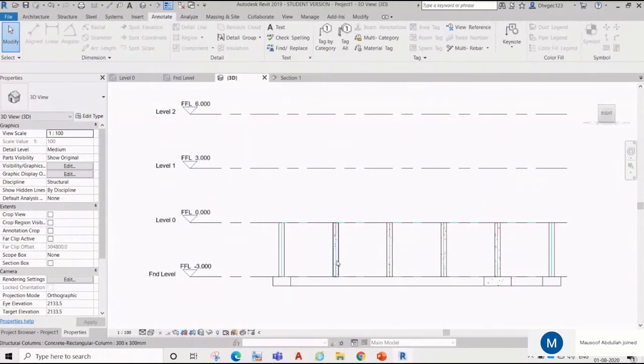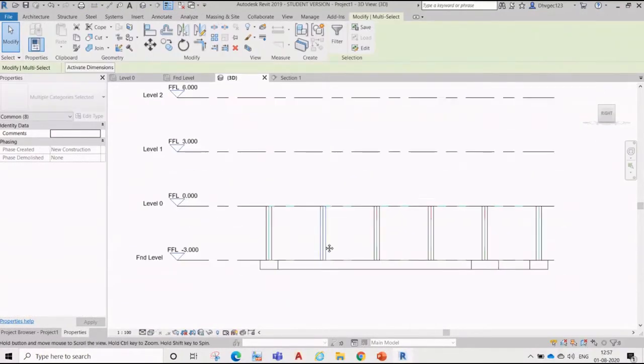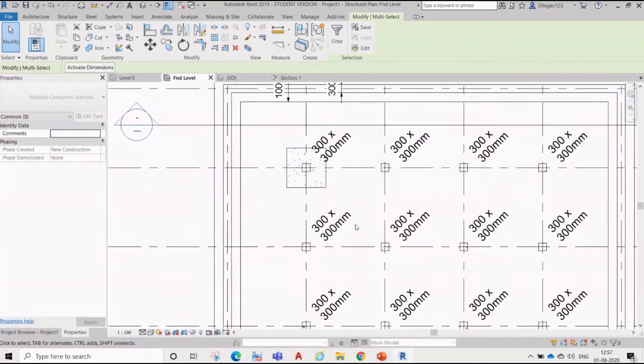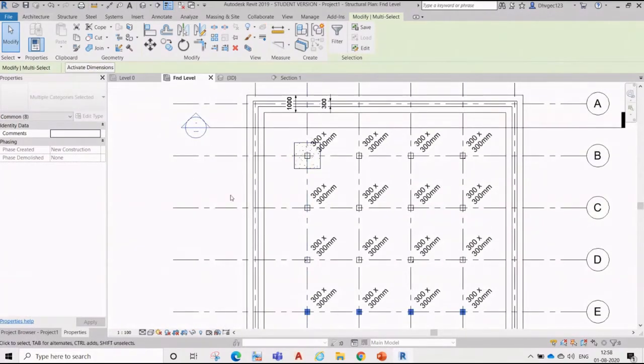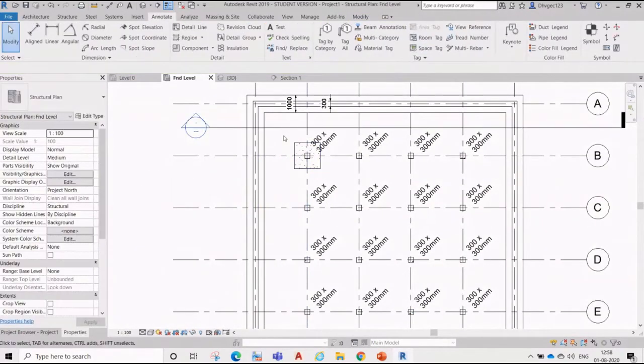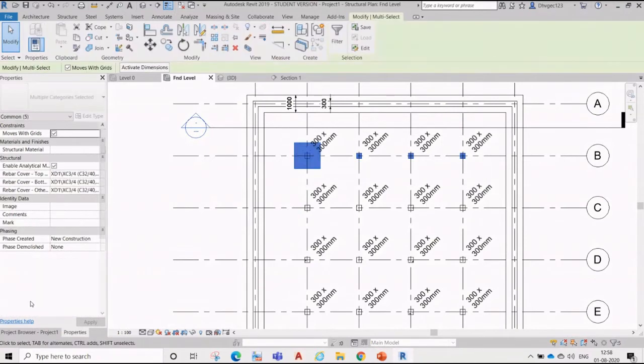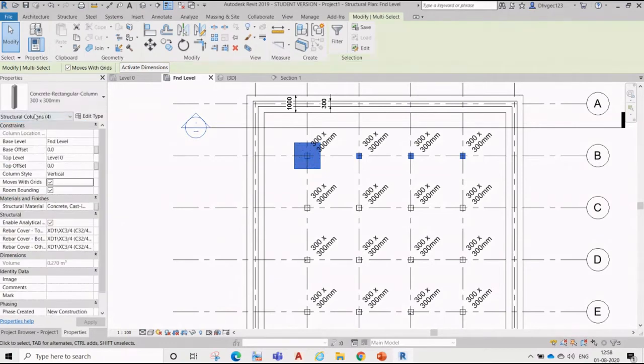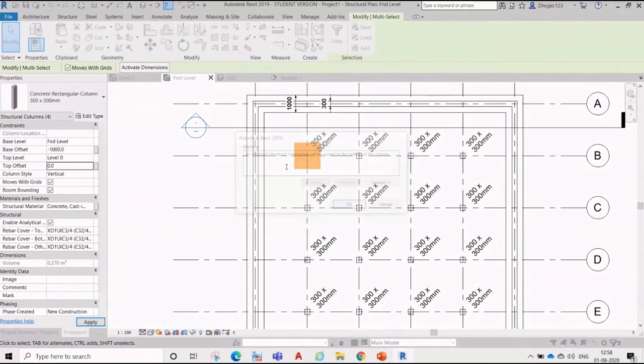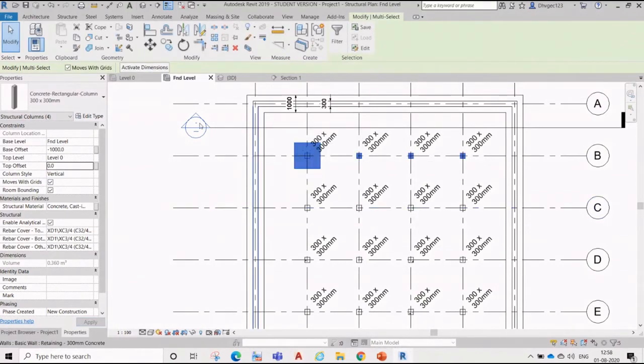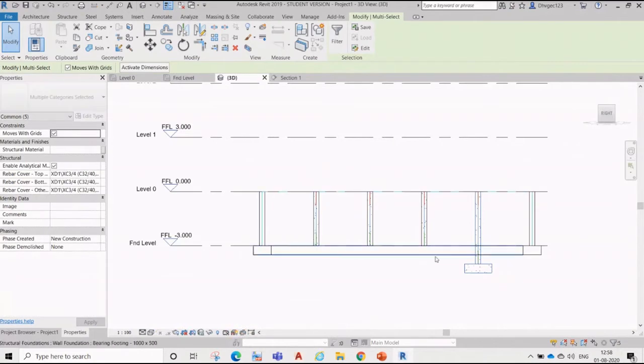If we have this one, these are my columns. Suppose for this foundation, these columns are going below. So how much below, we can define over here in the column, from foundation level minus 1 meter. Okay, so you will see in 3D.